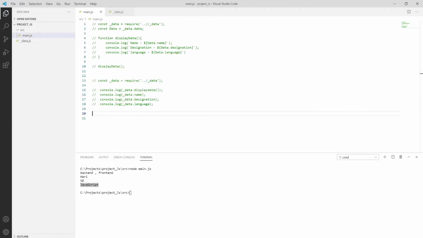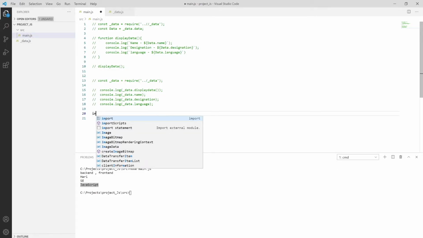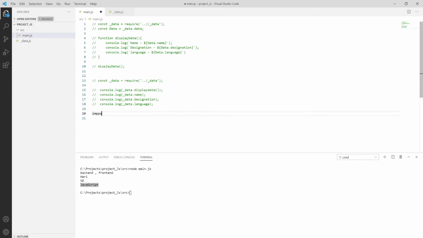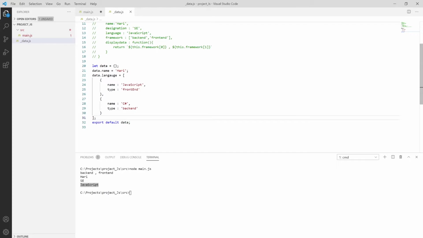Just move to the main file. In the main file we have to use the import function. The ES6 module syntax also introduces an import keyword for importing objects in our _data.js file. So we can import the module using import, and say I want to import data.